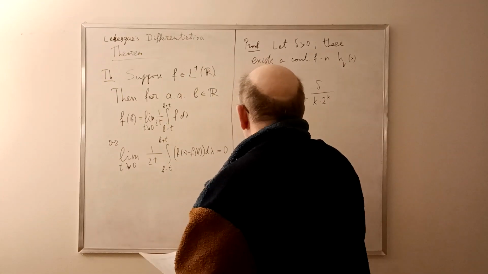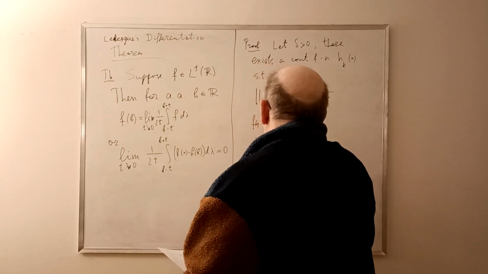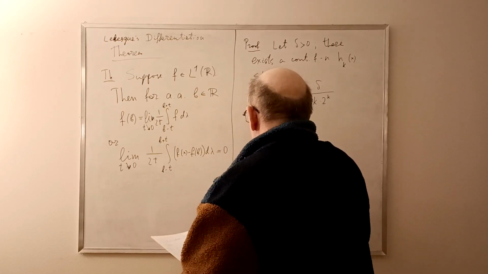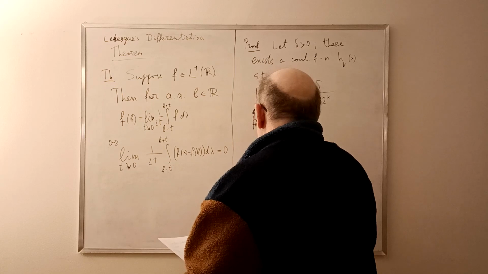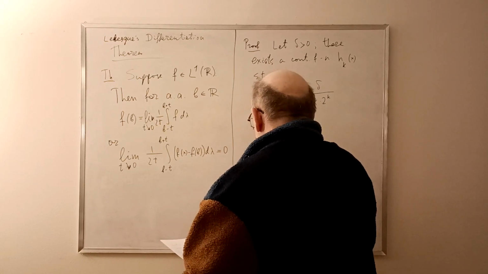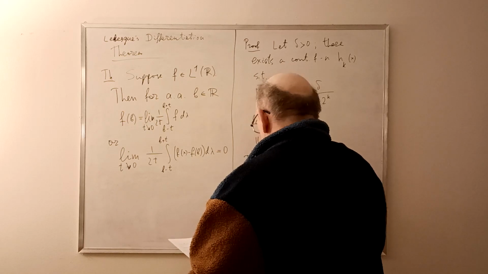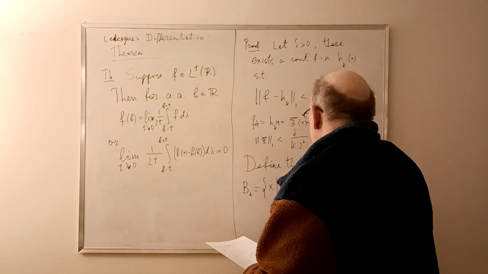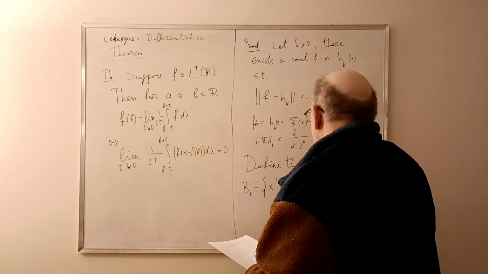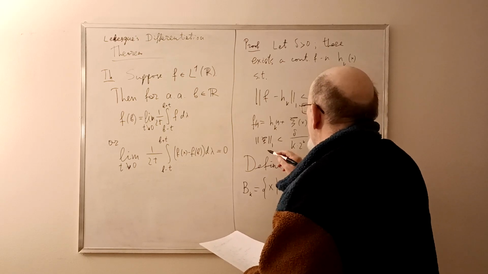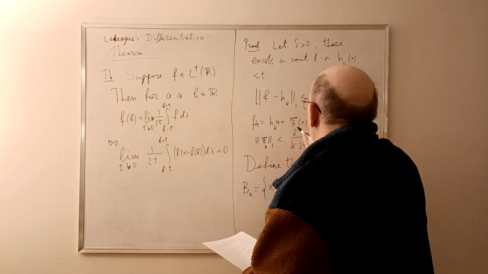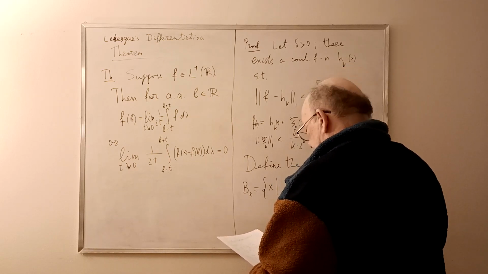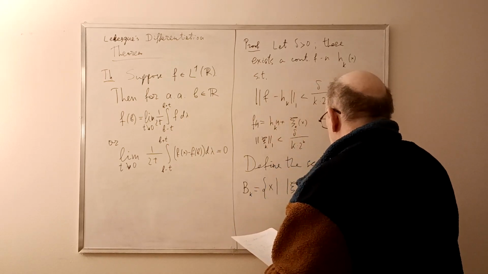So we'll define the set Bk, the set of x such that the modulus of psi k of x is less or equal than 1 over k, and